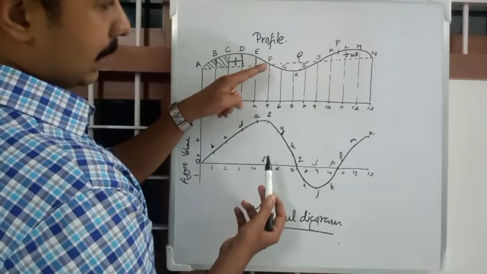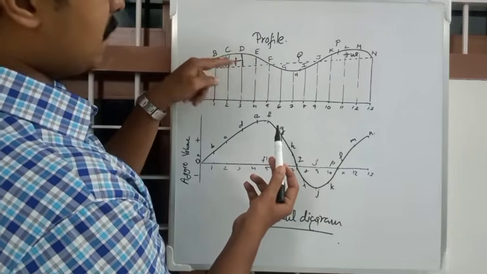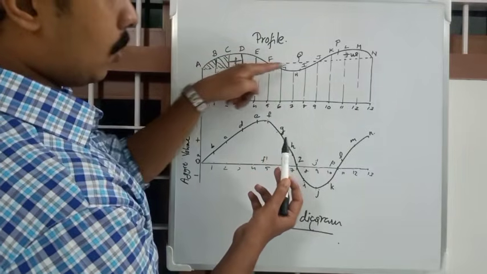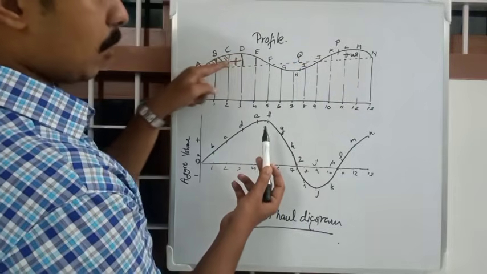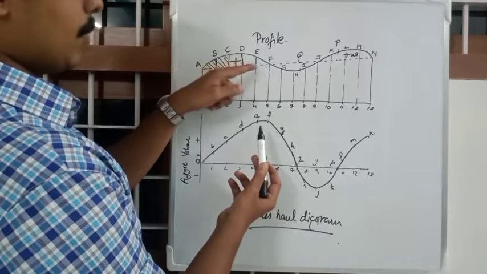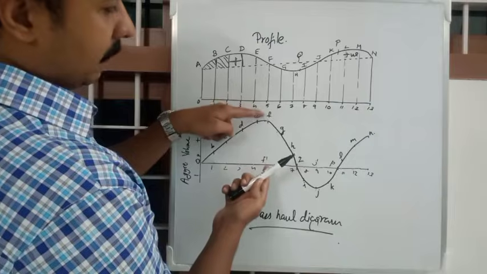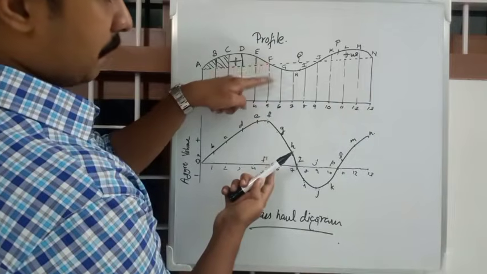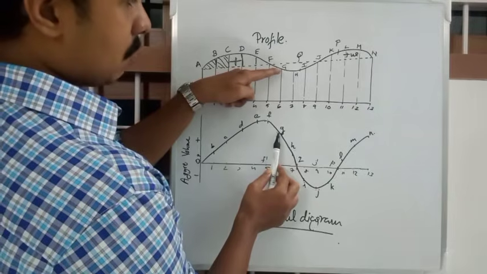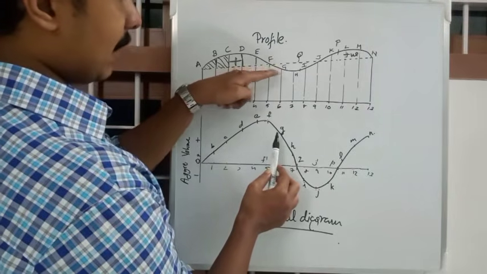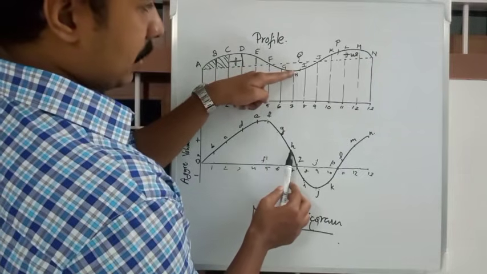Why? Because then it is filling. This truck is filling this hole, this depression, from the soil it had from the cutting of this portion. After F, the aggregate volume decreases because of filling. After F to G, there is a slight decrease because of filling at section FG. Then again at H, it decreases further.